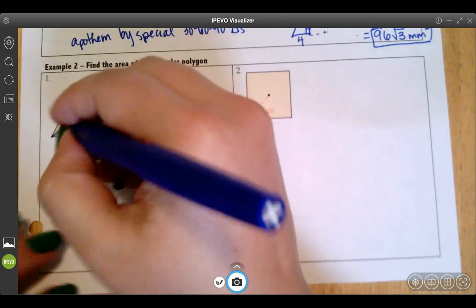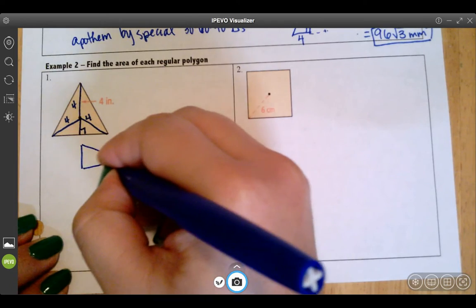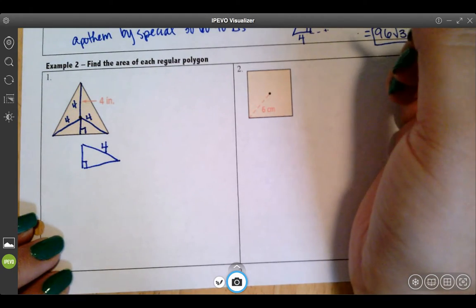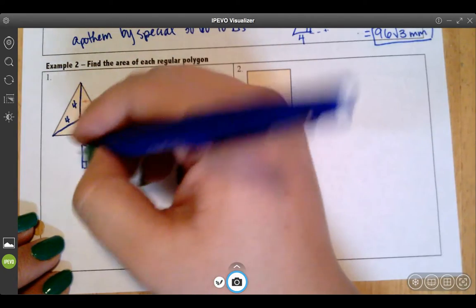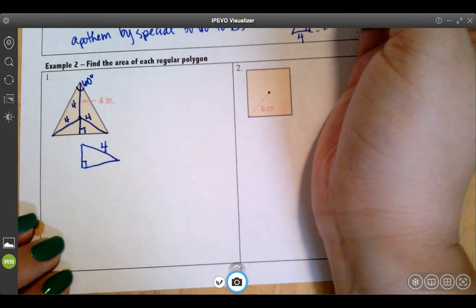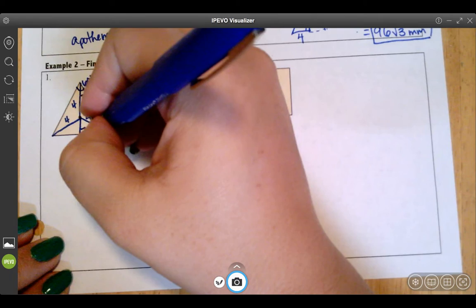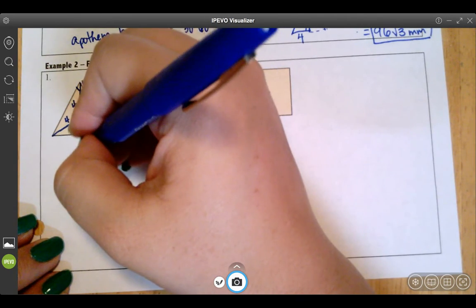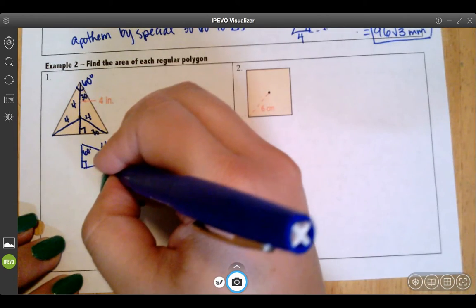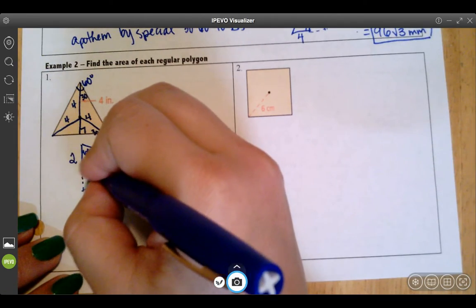Well, if I draw in my apothem here, this has created a right triangle, where the hypotenuse is 4. Because this is a regular polygon, I know that this is an equilateral triangle where the angle measure is 60 degrees, which means that the radius cuts that in half, 30 degrees, 30 degrees, then this must be 60 degrees. So this is a 30, 60, 90 triangle. Drawing in the other half of my equilateral triangle, this must be 2, so this must be 2 root 3, and that is